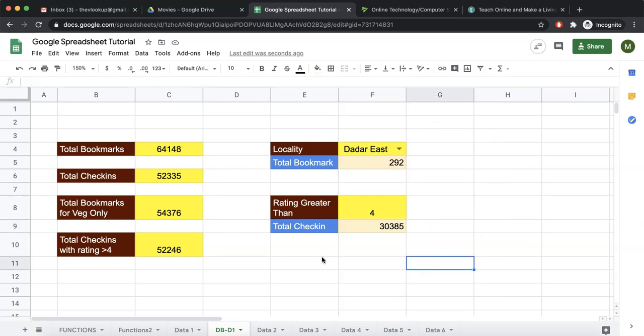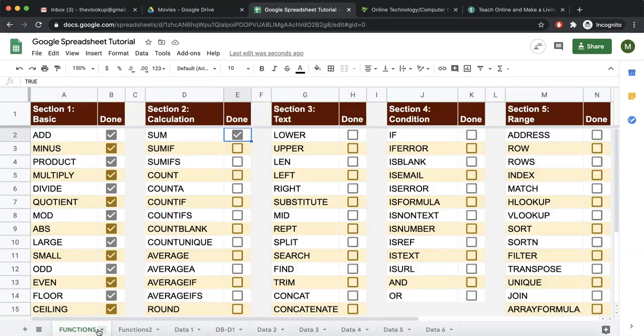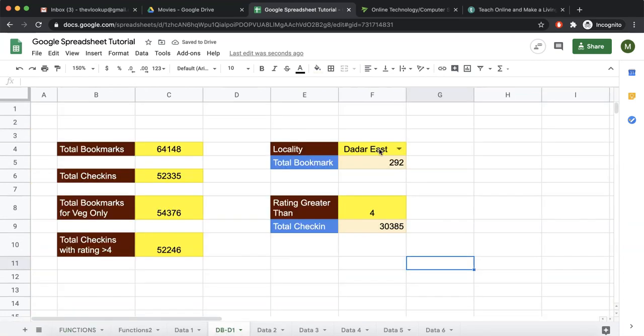Now so far what we were doing was all having one condition. So either the locality was this, or the check-in was greater than this, or the type was wedge only. So there was only one condition based on which we were finding the sum of one column.